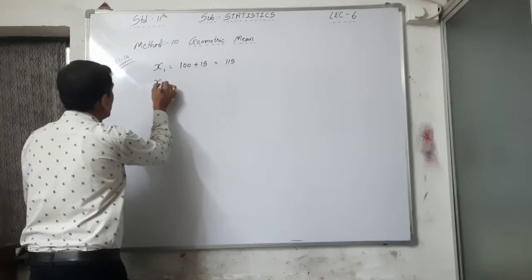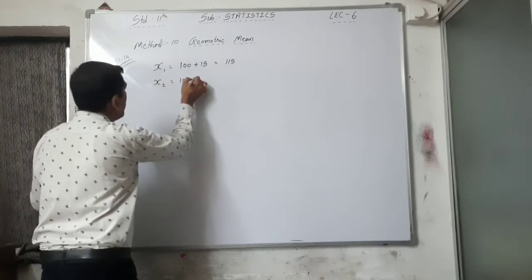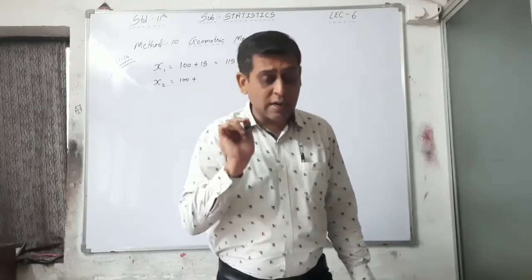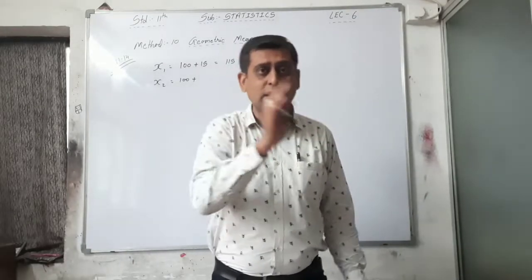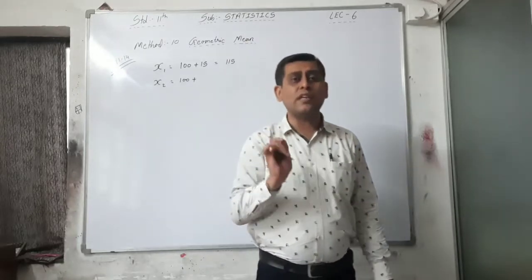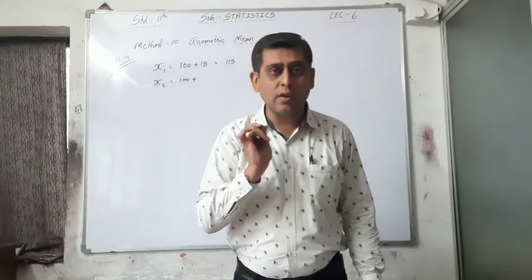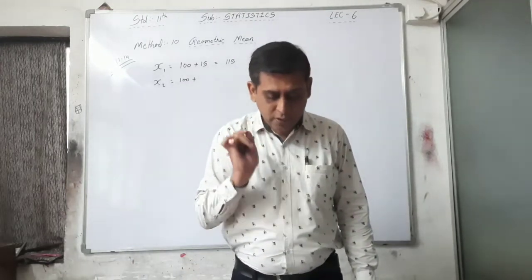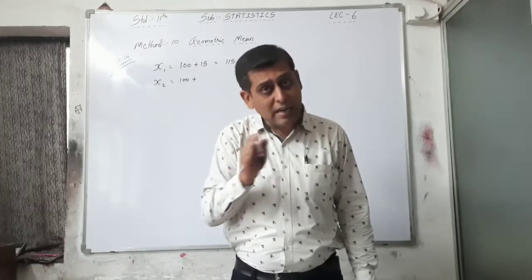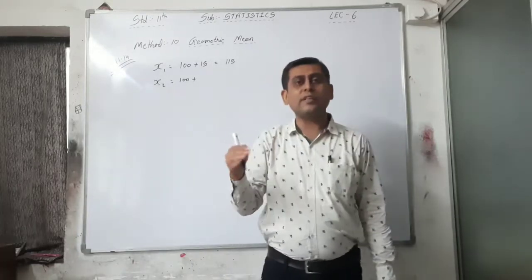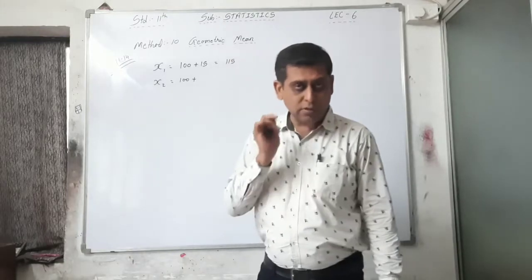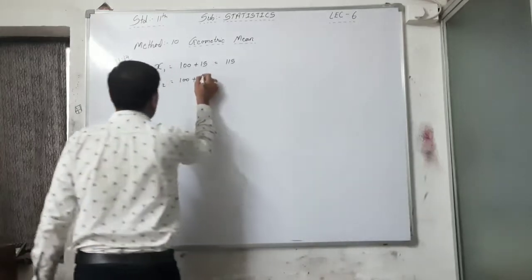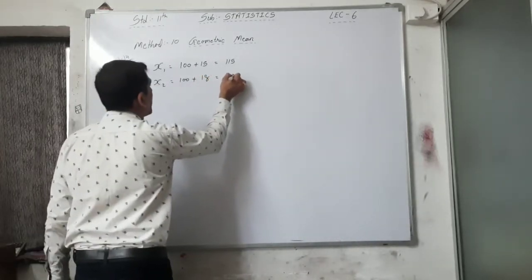In the second observation, X2, 100 plus, all are increased, that's why I am adding this. If they ask first increase, then decrease, then increase, then decrease, whenever it is an increase you have to add, and whenever it is a decrease, you have to subtract. Here all the observations are increasing, population is increasing year to year, that's why 15% in the first year, 100 plus 15, that is 115. Second, 100 plus 18, so it is 118.